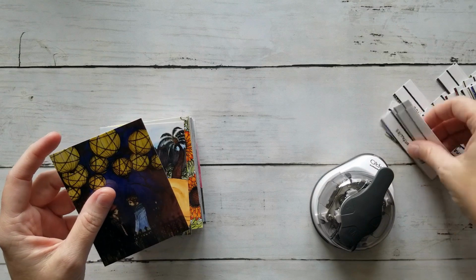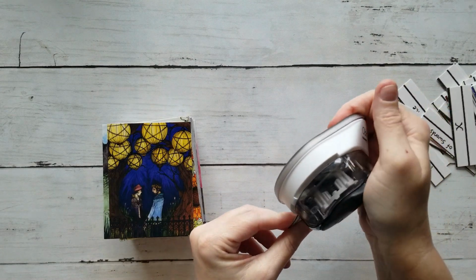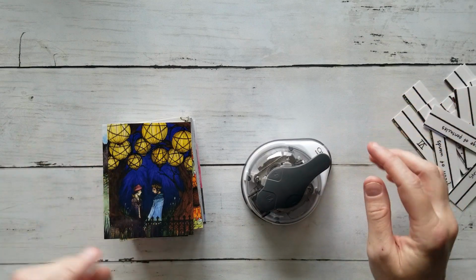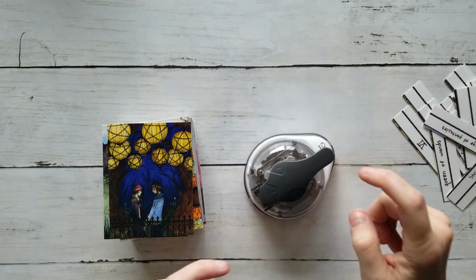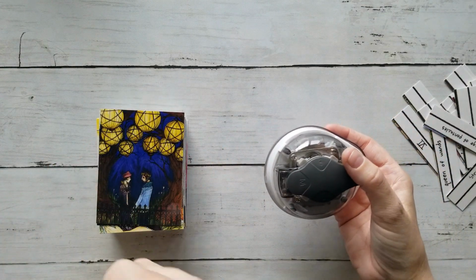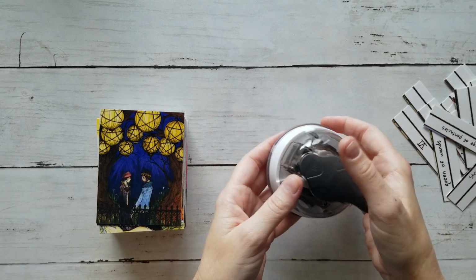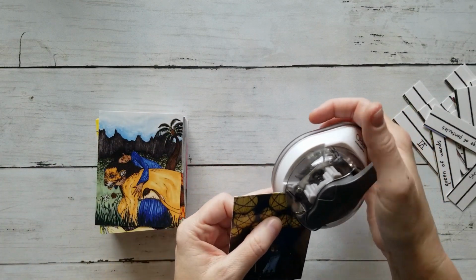This is really thick. I did save some extra pieces, but to be honest, I don't know that it really matters. Trying to cut plastic with this is not going to be easy. It's possible, as you can see here, but I am going to use the medium on it because the lever is directly across from the medium punch, and you tend to get a stronger cut, a stronger grip with it because it's directly across from it. When you're trying to cut from the medium and the small sides, you're not actually putting pressure directly across from it, and it just doesn't seem to work as well on these really thicker decks. So I'm going to go ahead and put this one in,